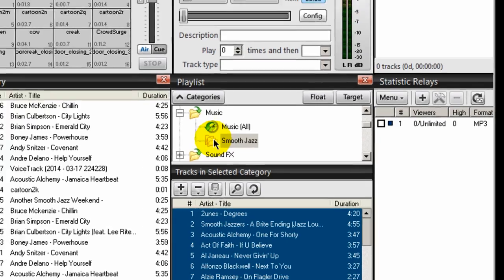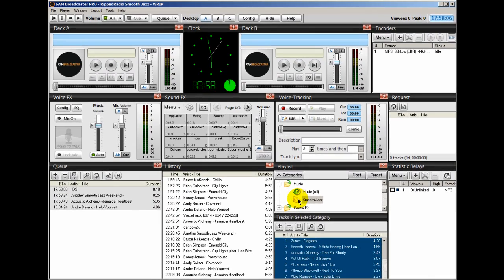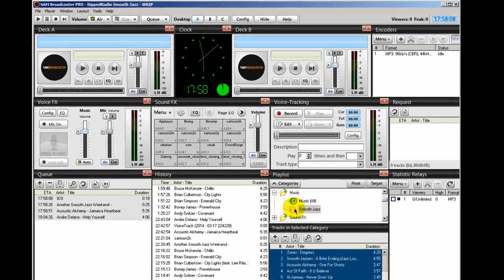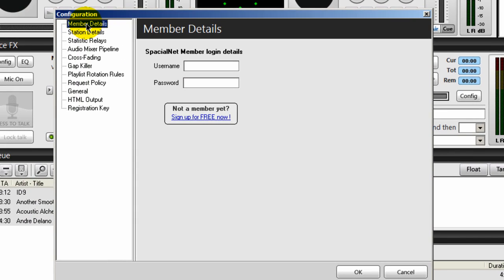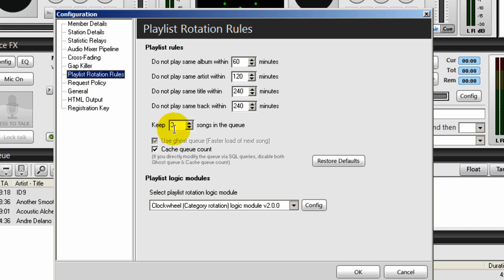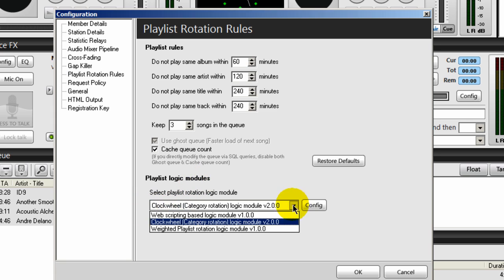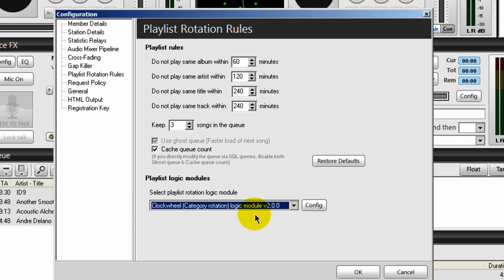Now I want to create a clockwheel that will play this music. So to do that, you go to Config. On the left-hand side on the list here, come down to Playlist Rotation Rules. Make sure that you have 3 songs in the queue if you want to mimic what I'm doing. Under Playlist Logic Modules, make sure that this is selected where it says Clockwheel Category Rotation Logic Module version 2.0.0,